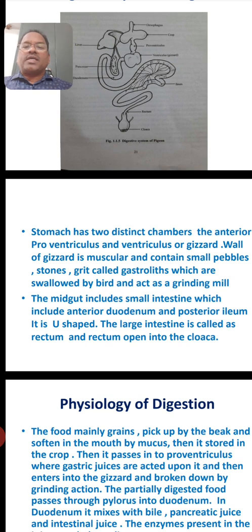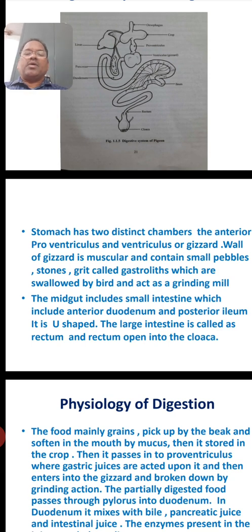The ventriculus is commonly called the gizzard, and in the gizzard there is a muscular wall, and with the help of this gizzard the food is ground. Before that, below the esophagus there is a crop, and the crop is a peculiar character of granivorous birds, and in the crop the grains are stored. It is moistened by mucus, and at the time of breeding there is a secretion of pigeon's milk in the crop of the male and the female,